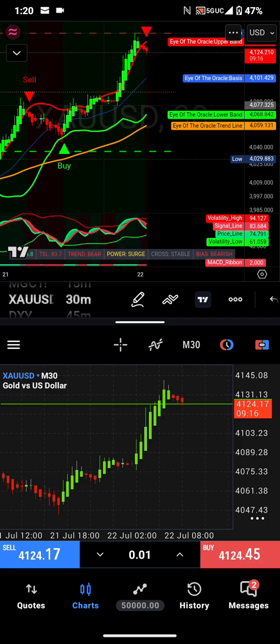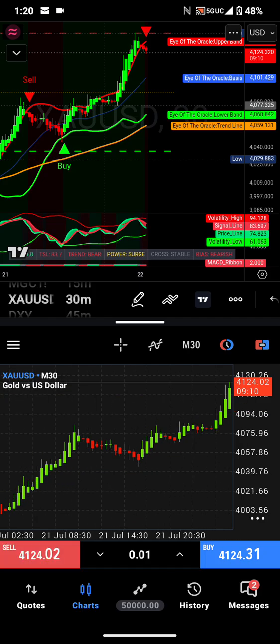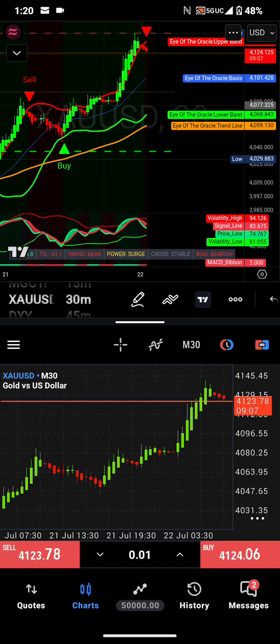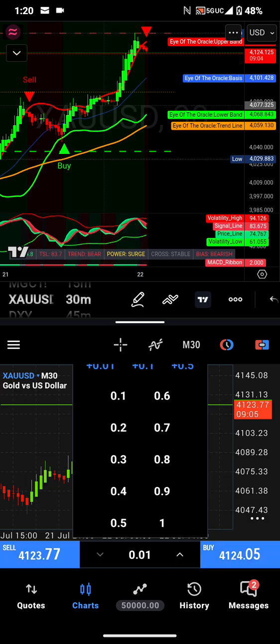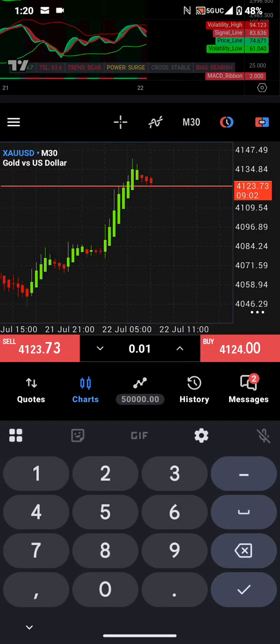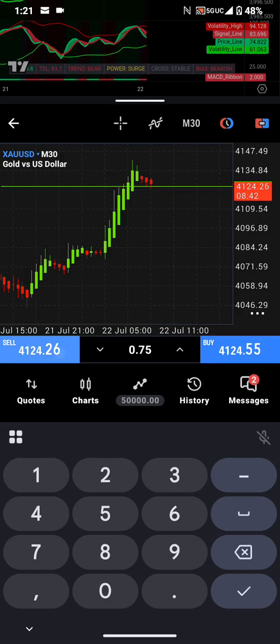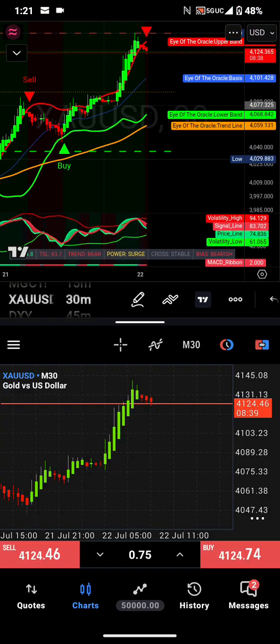If we were to sell this position, we would have got in a few clicks away, and we would have held until we got to a point down where price is maybe like 40.80. It's cool. So this here lets you pick how much money you want to bet on the line. So we have a 50K account. So let's try not to go no more than 0.5% of the account actually. And I think that's about $75. So we would have done 0.75 and we would have sold. It's going to bring you this, you hit that, hit okay, and it's going to take you into a selling position.